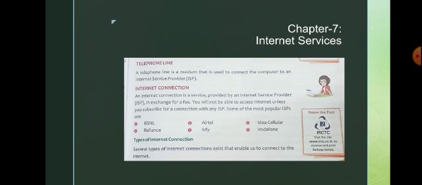Then, internet connection. Let's learn about this internet connection. What is an internet connection? An internet connection is a service provided by an internet service provider. It's a company which is called an internet service provider that provides internet to us. When we get this connection, that connection is called the internet connection, and this connection we do not